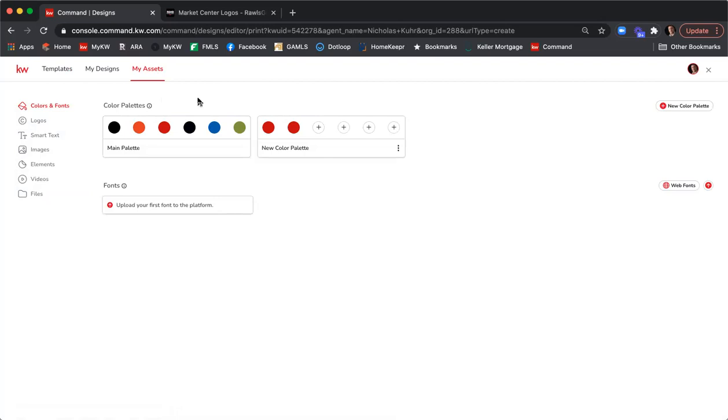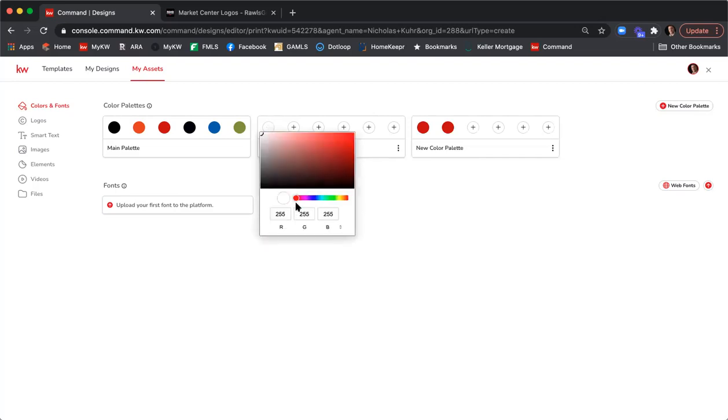So then as you're working in designs, you can immediately add that color and you don't have to search for that specific color. If you want to create a new palette, you can click New Color Palette over here, and then you can just add the different colors that you want. You can add the RGB color numbers. You can add the HSL number, the hex number,